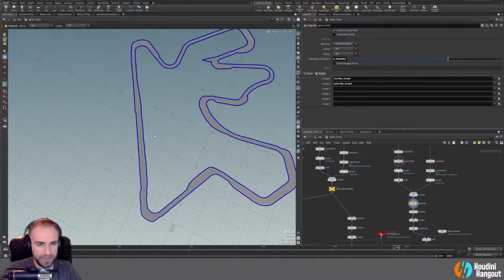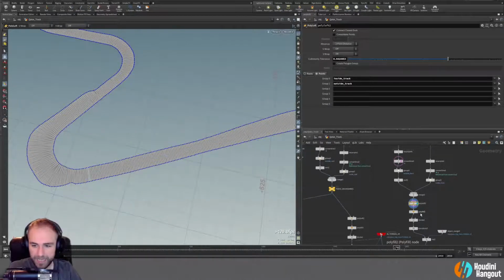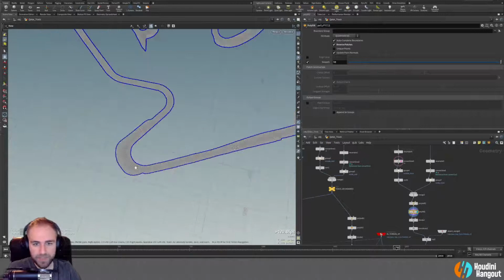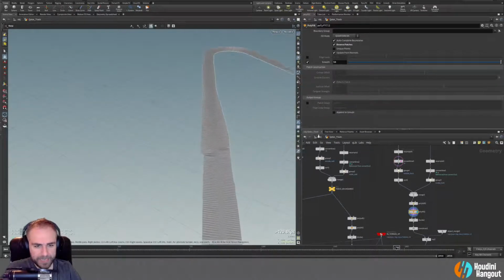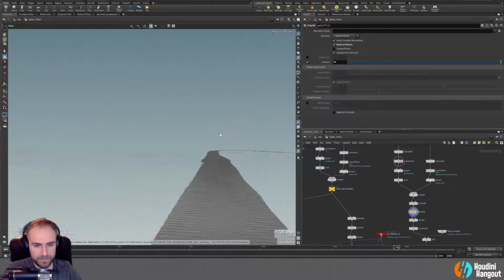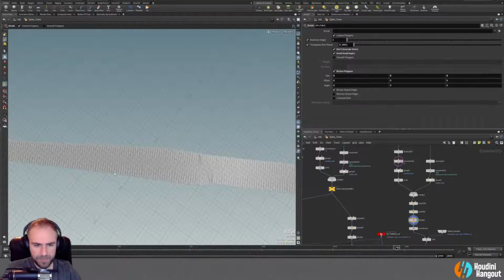Where was there? There was a gap in here somewhere. I don't remember where. Here maybe? Oh, right there. There's a gap. And so I just polyfilled that in. So that's like the actual track surface right there. And that's like the blacktop. And so then I believe I